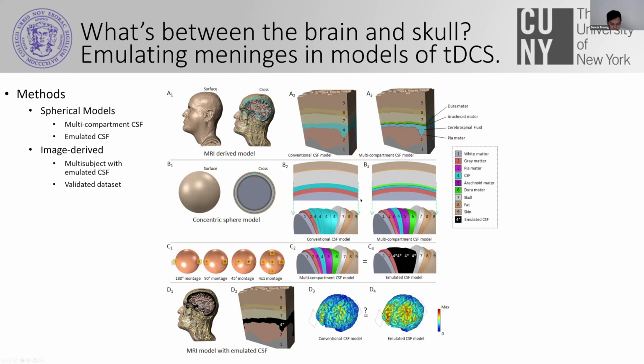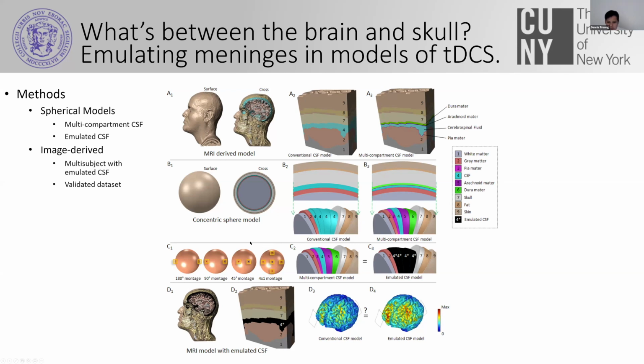We did this in a spherical model at 4 different montages. So these are spheres, it's all symmetrical, so we did it based on angle. So a 180-degree montage, a 90-degree montage, 45-degree, and a 4x1